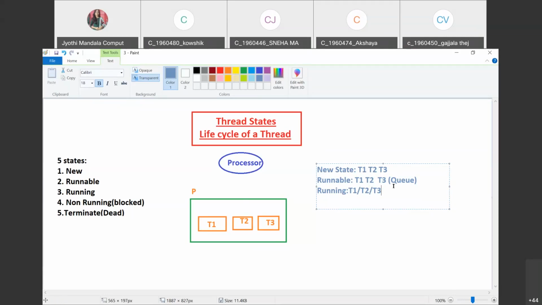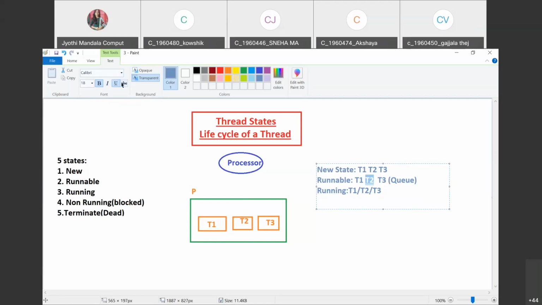Now, let us take a simple example. While executing T1, it has been given 5 or 6 seconds of time. After that, it is shifted to T2. While executing T2, there may be a case where T2 wants some input from the user. In that case, it has to wait for some time. Why? Because until it gets the input from the user, T2 has to wait. So, in such a case, we can convert our T2 from runnable state.